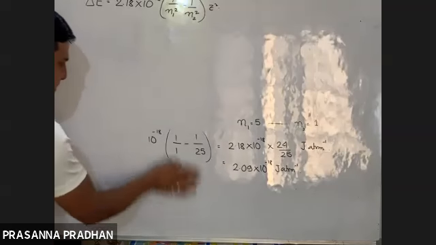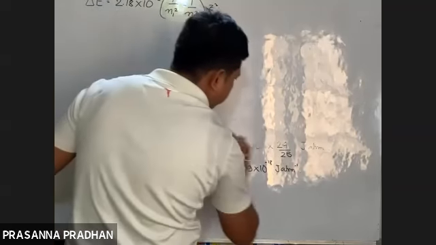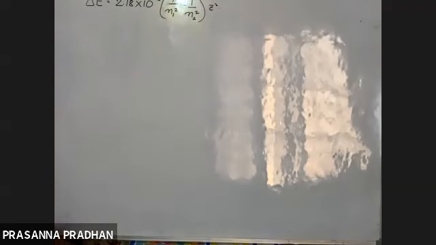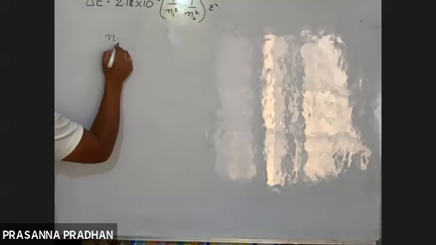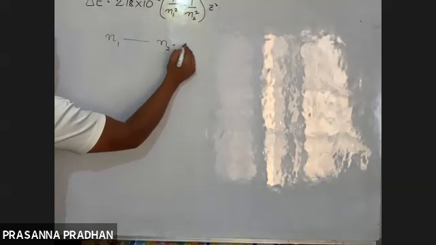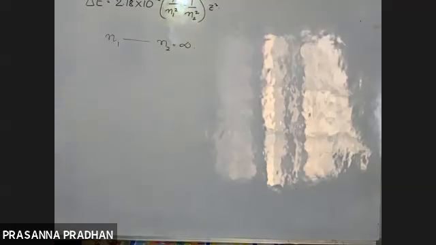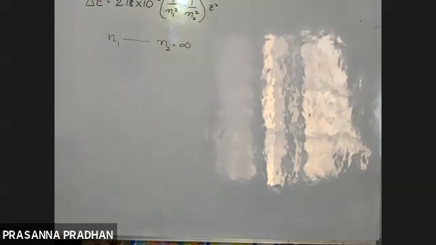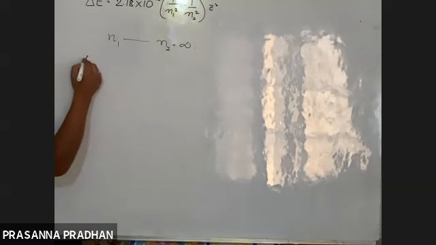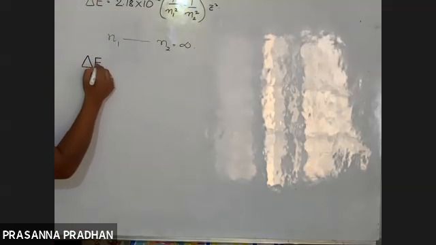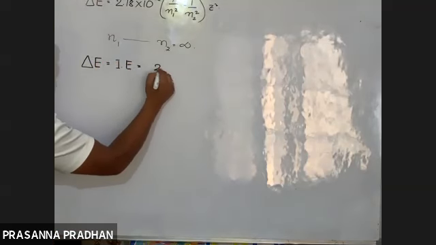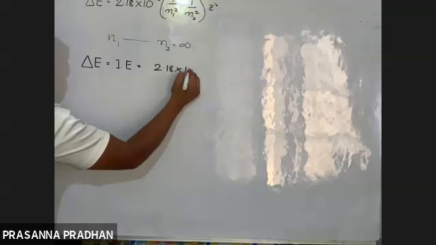Okay. So now you can either use this Rydberg's formula or delta E is equal to hc by lambda. Now, what was the concept of ionization energy, guys? Ionization energy means you are shifting an electron from N1 to which energy level? Infinity energy level. Yes, completely removing an electron. Completely remove मतलब electron completely remove होके कहाँ जाएगा? It will go to infinite energy level. So N to infinity. Now the energy required, delta E, is also known as ionization energy. So ionization energy is equal to 2.18 into 10 to the power minus 18.